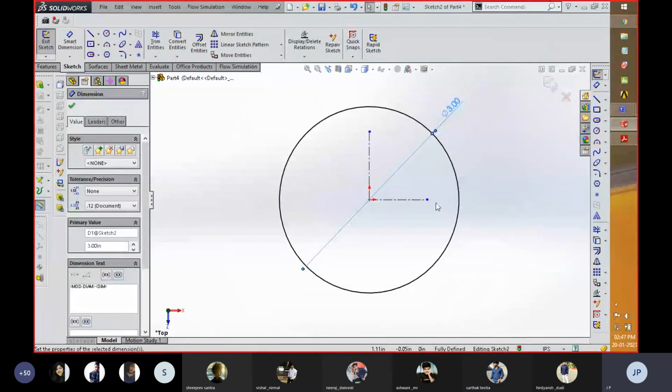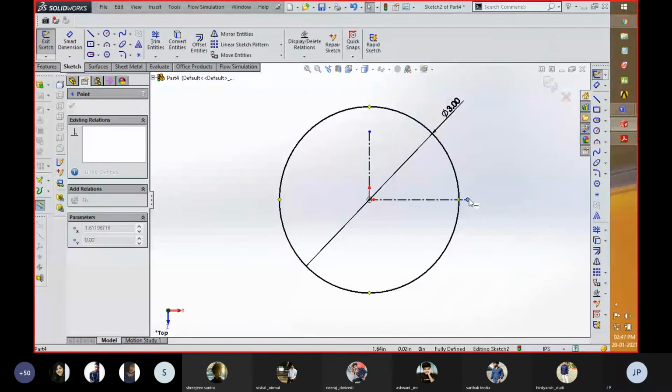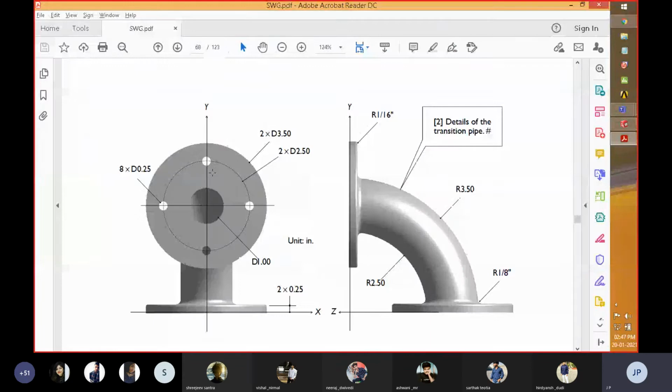So in such a manner, this path is created. Why am I creating these two center lines? Right now I am creating a path which is to be followed by a circle that should be 1 in diameter, and the outer diameter of this is around 2.50.